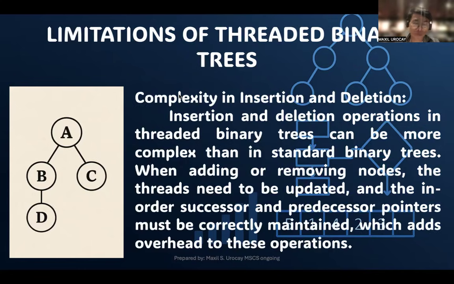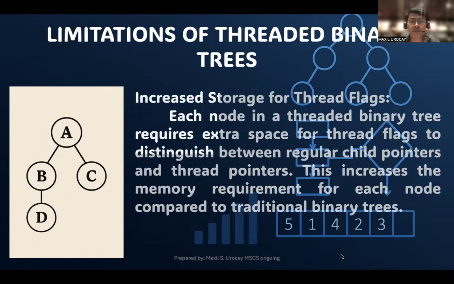Okay. So the limitations: complexity in insertion and deletion operations. In threaded binary trees, these can be more complex than in standard binary trees. When adding or removing nodes, the threads need to be updated, and the in-order successor and predecessor pointers must be correctly maintained, which actually leads to overhead in these operations. And then afterwards,